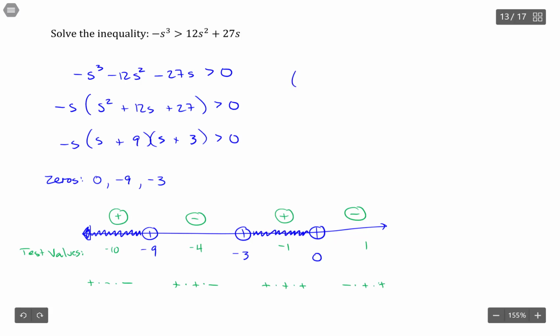So my final answer would be the values from negative infinity up to negative 9, but not including the negative 9, and then from negative 3